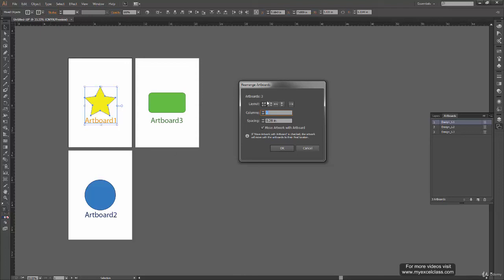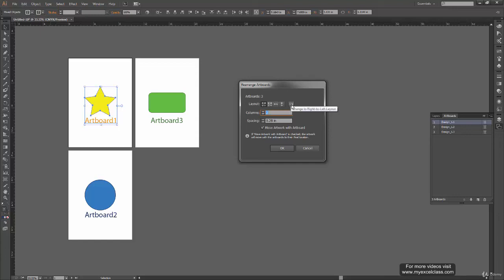So I got a new window which says rearrange artboards, and we have a few of our familiar icons which we saw during new file, and we have this column space over here and the spacing, and move artwork with artboard. Now you would have already guessed what all it will do, and by this time you know what all options this will do. So I'm just skipping it right now. I don't want to cover it in this because we have already covered it. The only thing I'm covering is this thing, which is change to right to left layout.